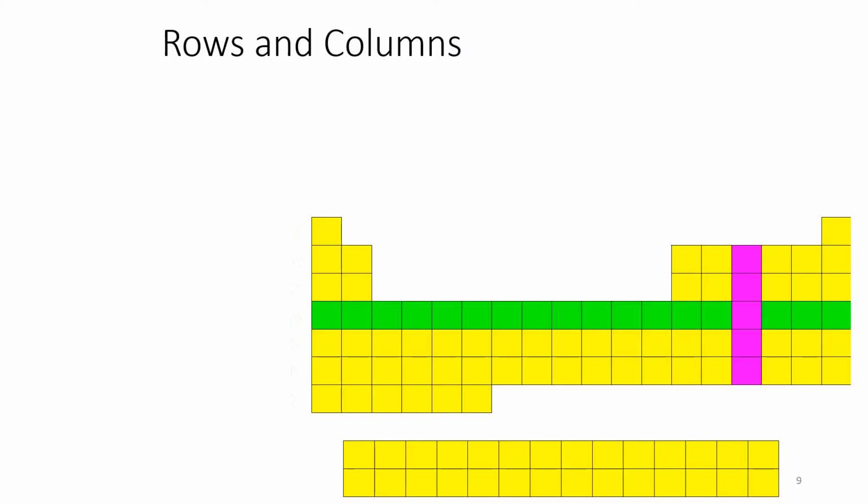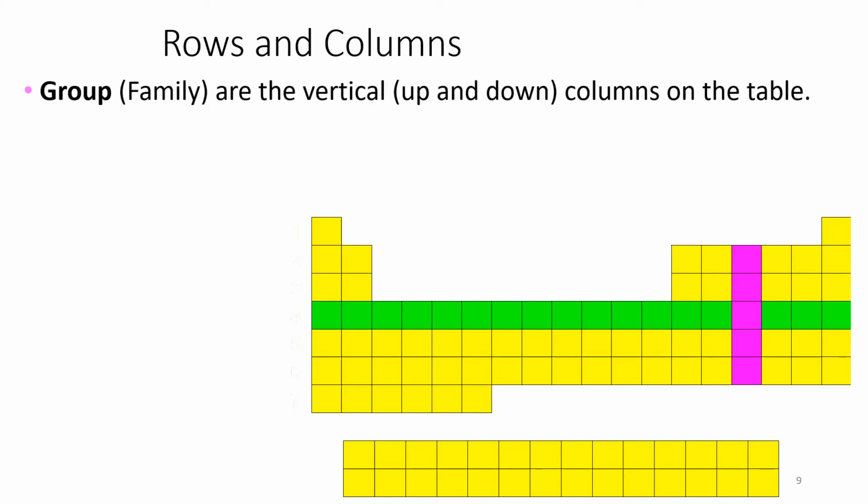So now that we've identified where on the periodic table you can find different elements, let's introduce some terminology about different parts of the periodic table. The first part of the periodic table I want to talk about are your groups. We've already mentioned that elements in the same group have the same number of valence electrons. And if you remember back